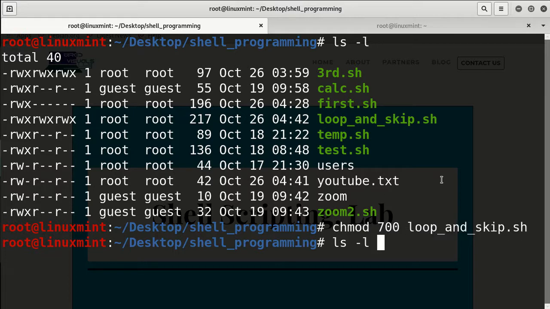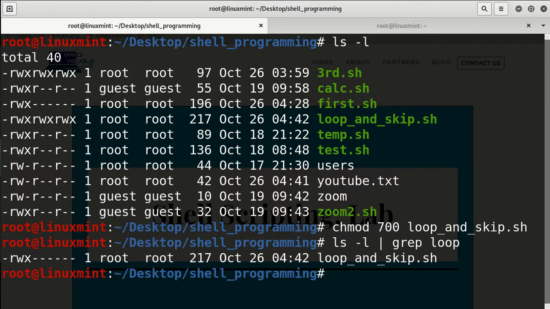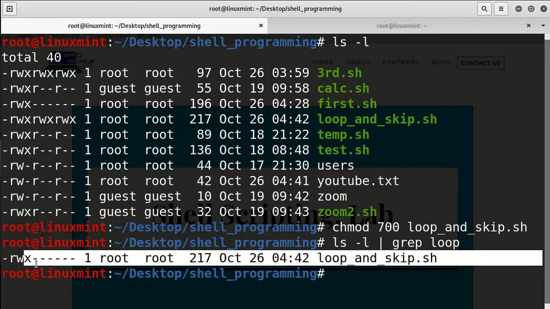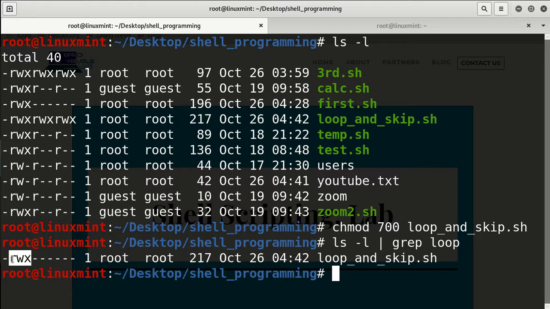So now we are just going to use a utility on the command line. It's very nice. We can actually use it inside our shell scripting again. This is grep, so it searches for patterns. So we'll just say anything with loop, since it's the only one with loop there, and it will give us the output. So now we have reduced our output, and only the owner can read, write, and execute.